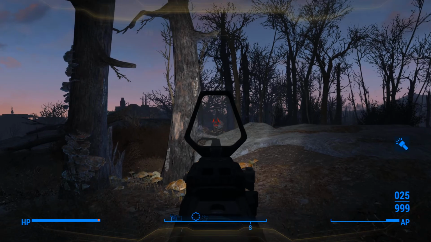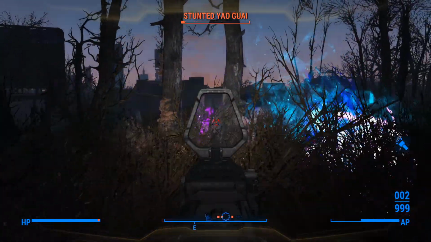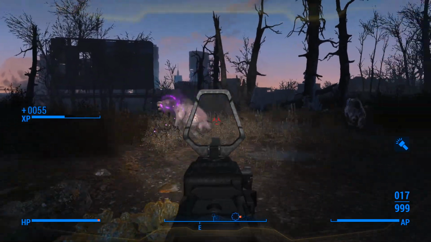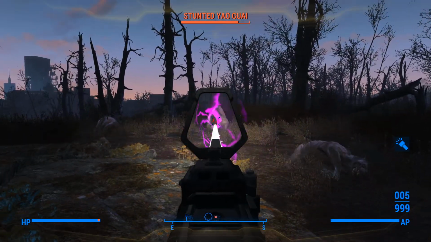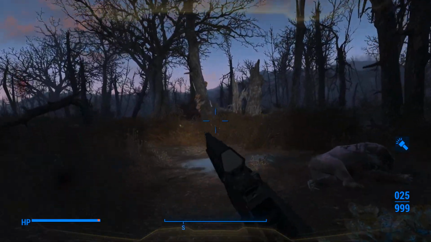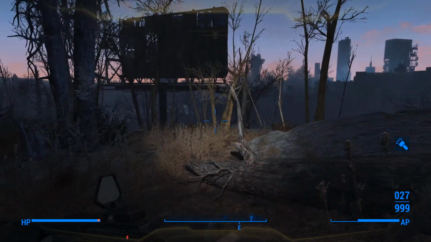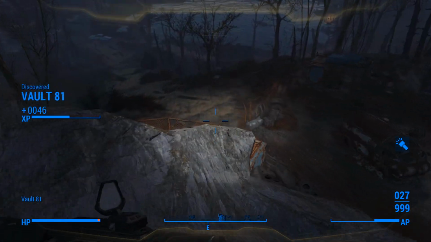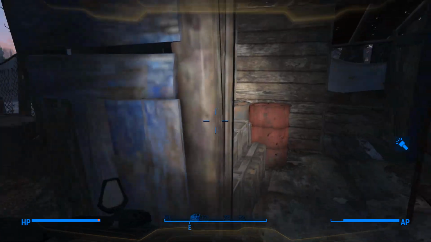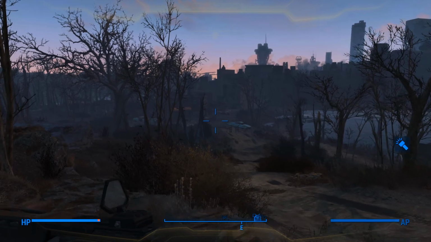Hey look, Yao Guai. Let's go get our face ripped off. Oh fuck, it's... didn't manage to dodge it, but it died. I think this is Vault 81 over here. Yeah, it's Vault 81. We'll come back here. There's some good traders that hang out here from time to time. So my main goal that I kind of want to stick to is I want to get to fucking Diamond City. Because...